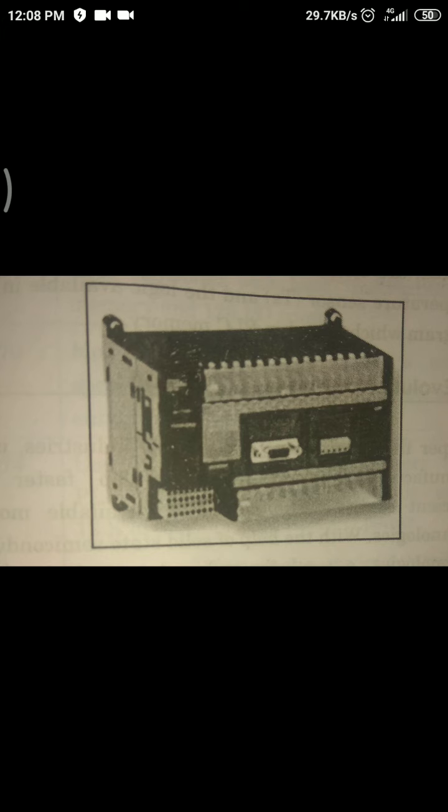In previous days, for automatic operation of machineries, relays and timers were used, which have a mechanical base. But they consume a lot of space, they are slow in nature, and they cannot be programmed. So later on, these relays and timers were replaced by the PLC, that is Programmable Logic Controller. As you are seeing in the picture, this is the physical PLC, how it looks. As you can see, a number of slots are there. To those slots you can connect a number of inputs, and internal to the PLC there are n number of relays depending upon the PLC you are using.